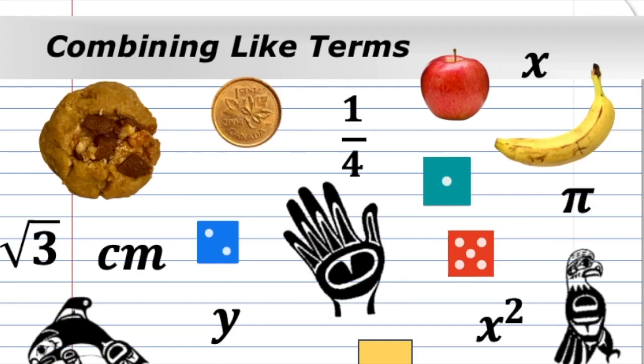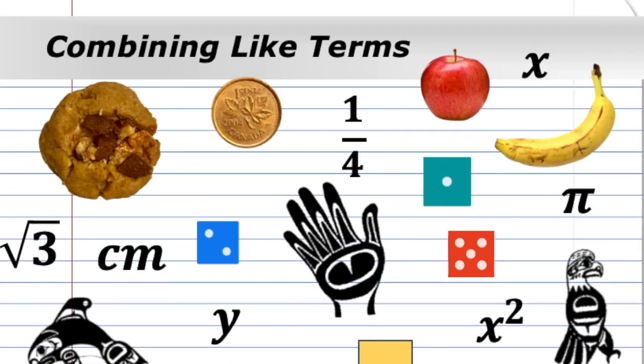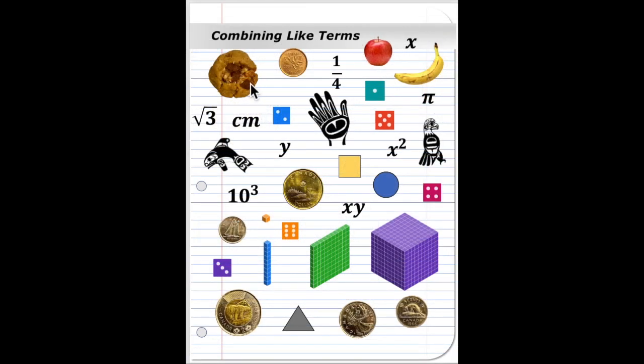Combining like terms means you're counting up things or objects. You're counting up cookies, you're counting up pennies, loonies, quarters, circles. You could even count up fruit, bananas, apples, groups of things like 5 fingers, groups of 5 fingers, groups of 4, groups of 6. You can count how many square root 3s you have. You can count how many 1/4s you have. You can even look at pi as a term you can collect up, or 10 to the power 3, which